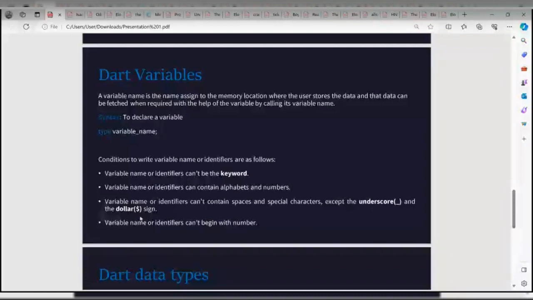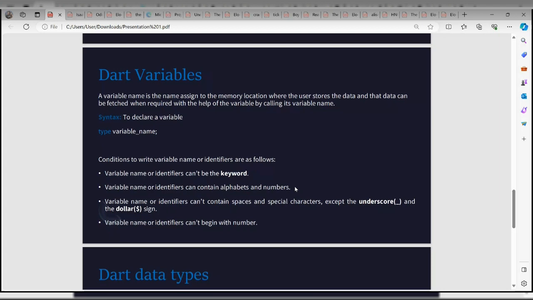So the last but not the least, variable names or identifiers can't begin with numbers. So here is number 2 here. Variable names can contain alphabets and numbers.